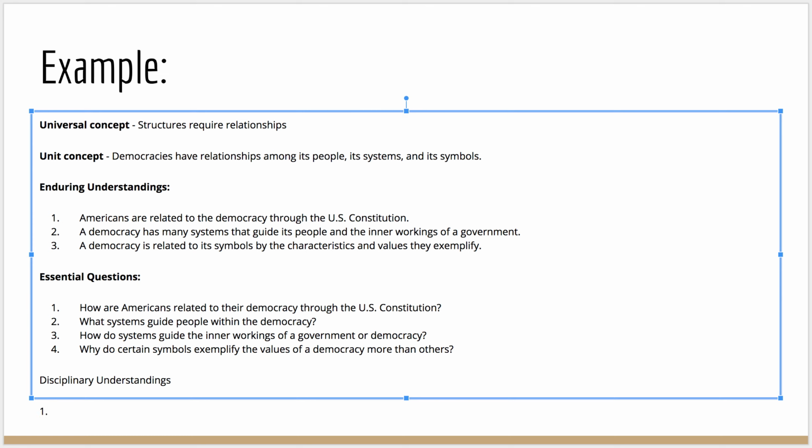Americans are related. I'm going to go back and read the enduring understandings. Americans are related to the democracy through the U.S. Constitution. This is going to be a time where I really want to start to bring out the laws of the Constitution so that we can start talking about the positive and negative relationships with the people and the laws. So the U.S. Constitution